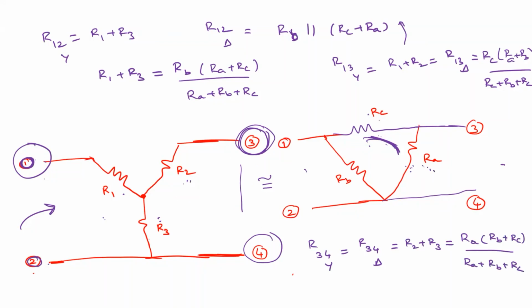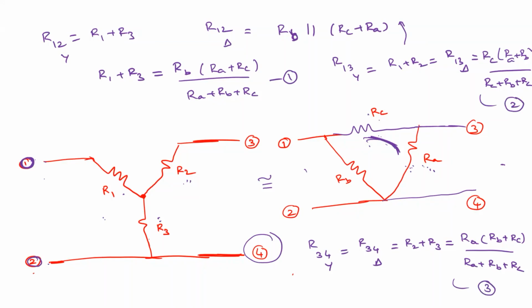Why are we not considering 2 and 4? See, between 1 and 2 there is no resistance, so 2 and 1, and 3 and 4, we consider, and this 2 and 3 are essentially the same, equipotential. So both are the same only, right? So there is no point in taking that. You are left with these three things. So what is the relation? R1 plus R3 equals RP into RA plus RC. So this is equation 1 here, this is 2 here, and you have 3 here.